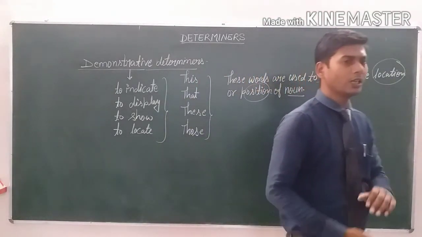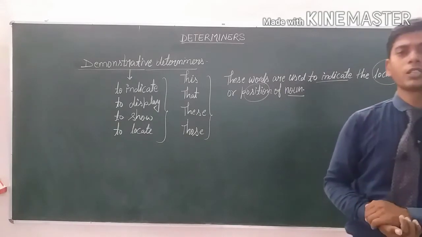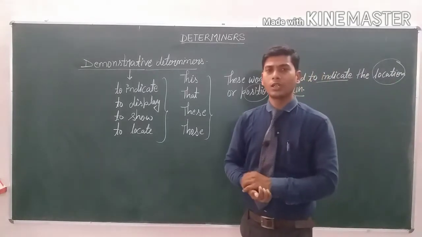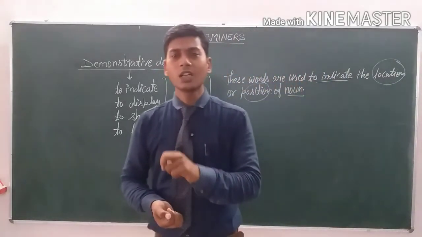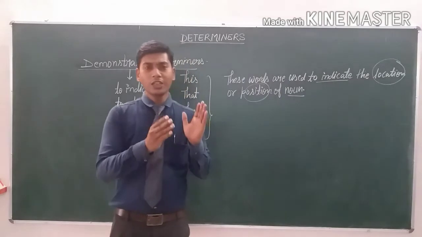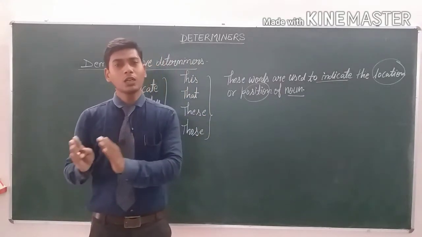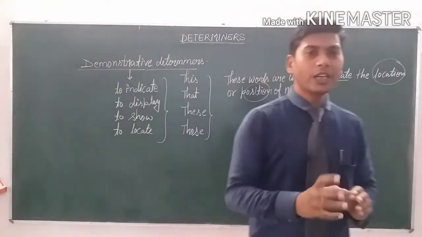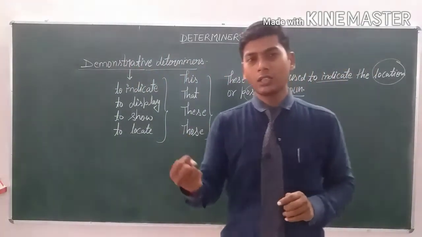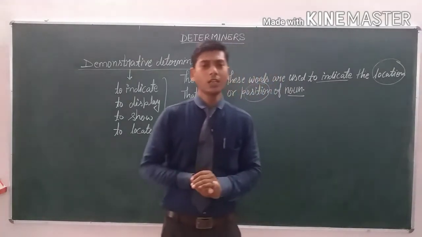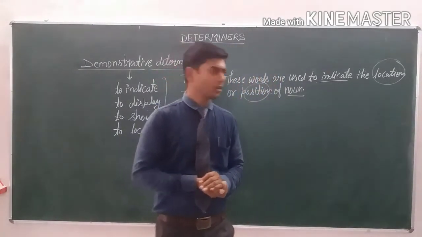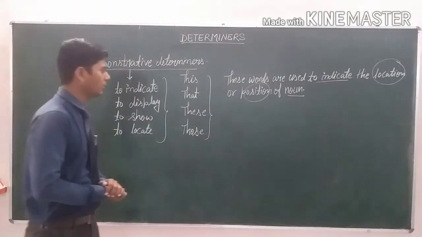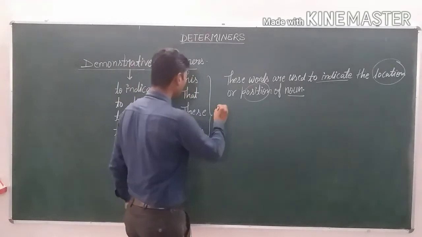And keep it in your mind that these determiners are used before the noun. Okay, this, that, these, and those, all these determiners are used before the noun, first thing. And next thing is that these words indicate the location or position of any noun. We will clarify it through certain examples. So, I am going to note down here. First thing is that